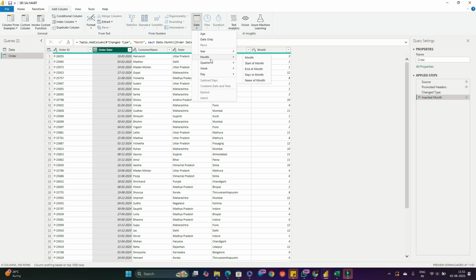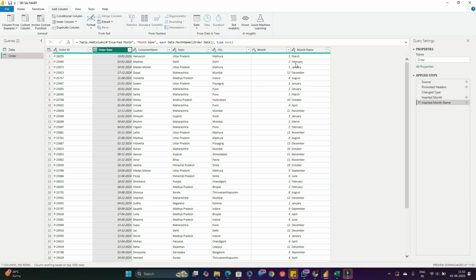So week, quarter, month. So here sometimes start of the month, end of the month, days in the month, and number of month, sorry, name of the month. So I can select this. See here we have the month name appearing here. And in this also, sometimes we don't want to keep the complete month name. So for that, what we can do is extract. I'll select this month name, extract